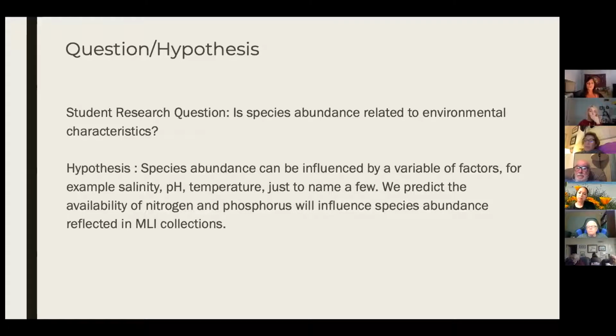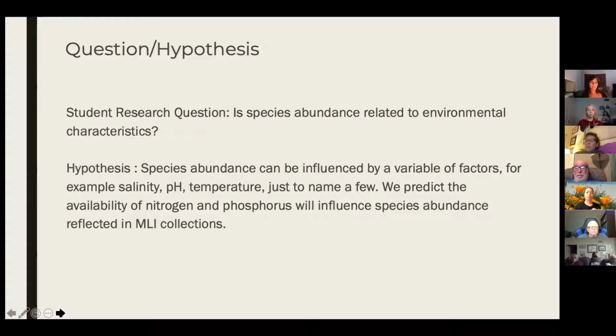And this was her question. She came up with this on her own. I didn't edit this. I might have edited the hypothesis just a little bit, but I pretty much left it there so you could see what she came up with. And so she wanted to know, is species abundance related to environmental characteristics here at Back Bay? And her hypothesis was that the species abundance, as she has written, can be influenced by a variable of factors. I guess I didn't edit it that well. For example, salinity, pH, temperature. And so she's predicting that the availability of nitrogen and phosphorus will influence the species abundance